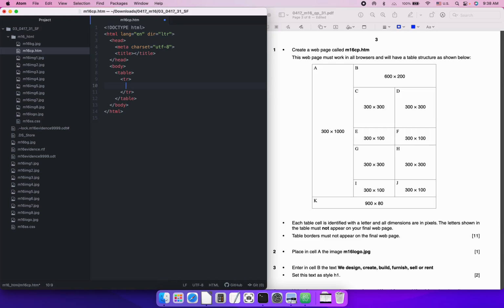Tab, and then okay, in this table row, there are 2 cells. In this first cell, we can just copy, and we can say that there is a row span. You can see that it suggests 1, 2, 3, 4, 5. 5 row span. And then, although we are not going to show ABCD in the final product, what we can do